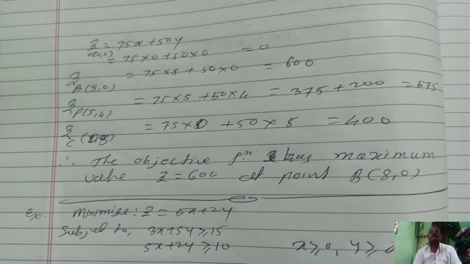Therefore, the intersection of these two lines is P. We have to calculate point P from the linear equations 8x plus 5y is equal to 60 and 4x plus 5y is equal to 40. From these two equations we found point P. After finding point P, we showed the feasible region in the graph. Since the inequalities are less than or equal to, we draw the feasible region on this side of the origin. OBPCO is the feasible region.